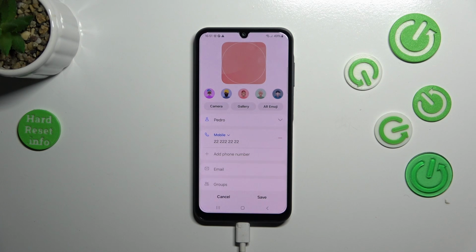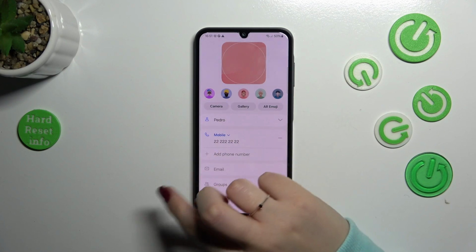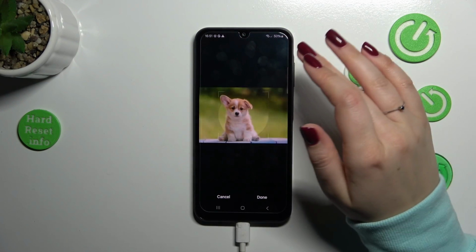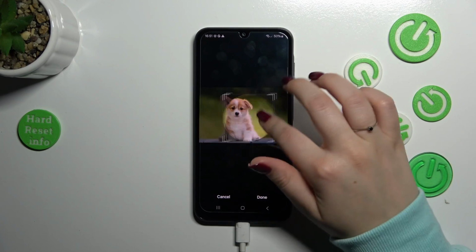So this is the best option to choose if you've got the person right in front of you. And if you're able to catch a photo of him or her, so then choose the camera. To be honest, right now the best option for me is the gallery, so let me choose the gallery. Let's tap on it. Let's choose the photo, and right now in this step you can change the position of